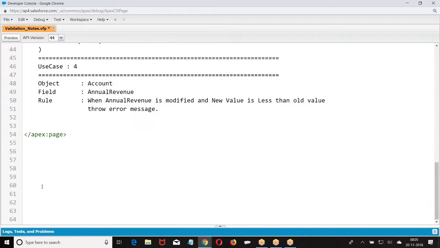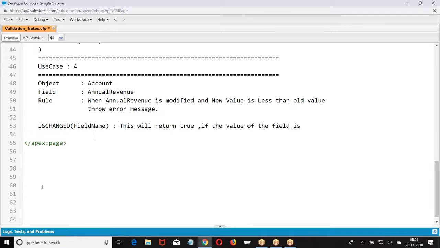So what I'm doing here, we have ISCHANGED. ISCHANGED of field name will return true if the value of the field is modified.